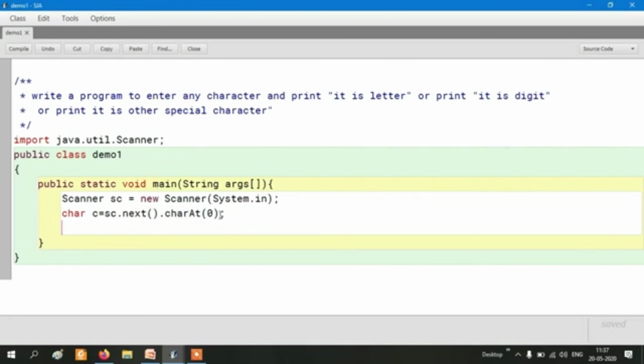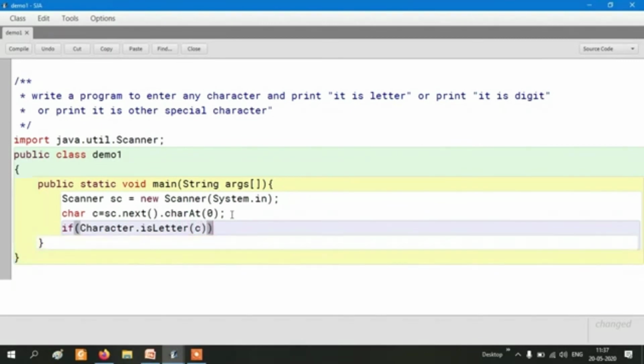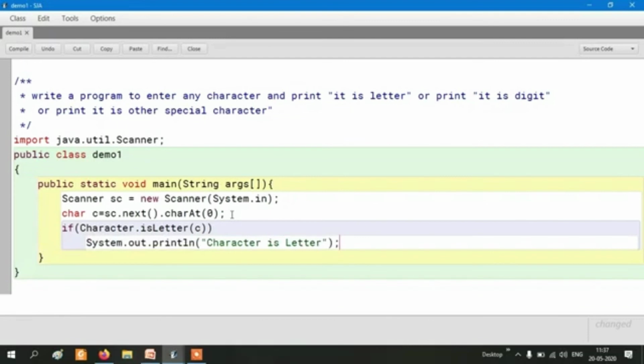Scanner class I'm using here, and here I use char c equal to sc. Let's write if Character.isLetter(c), and yes, semicolon is not needed. Let's write System.out.println character is letter.